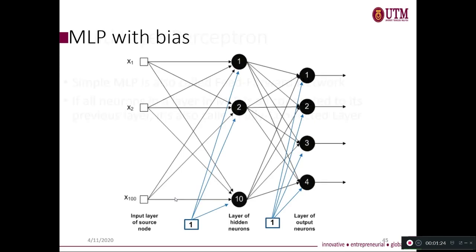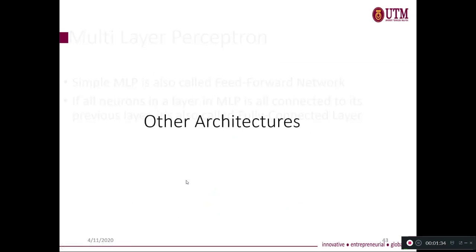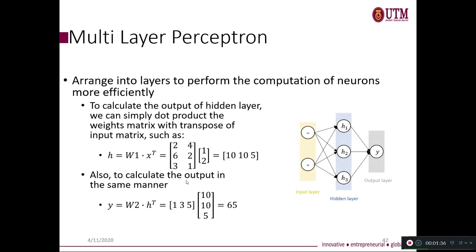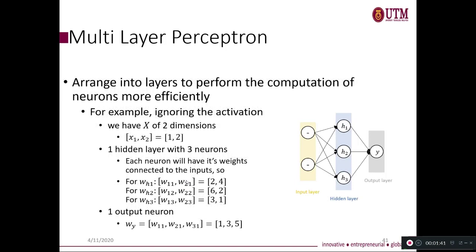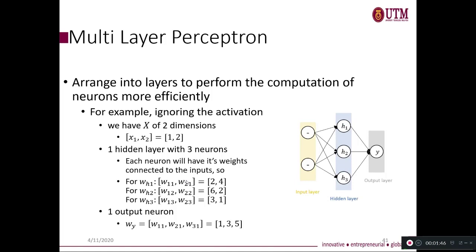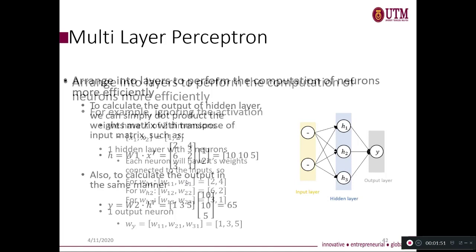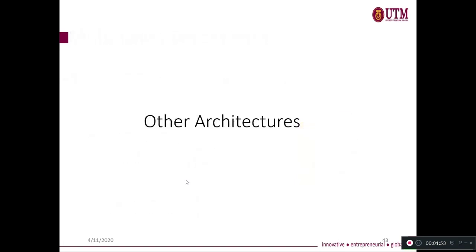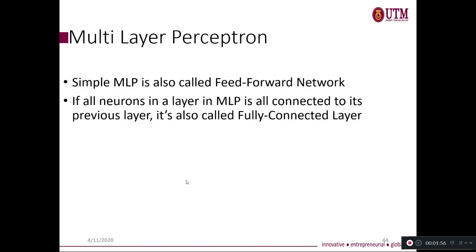Okay, this one is still a multi-layer perceptron, but this one is included with bias. Remember, I just discussed the B there. When we discussed this earlier, we just neglected the bias, the B. So we assumed there's no B in that equation. That's why in your equation there is just a multiplication between your W and your X, but there's no plus B there. But of course, you can also have that kind of architecture where you also include the bias,